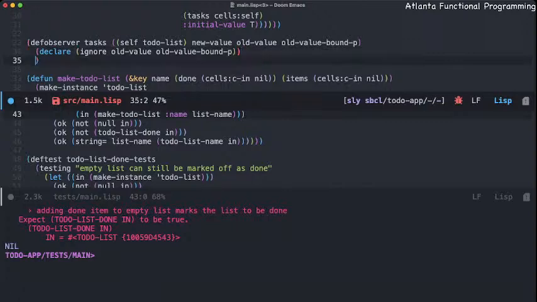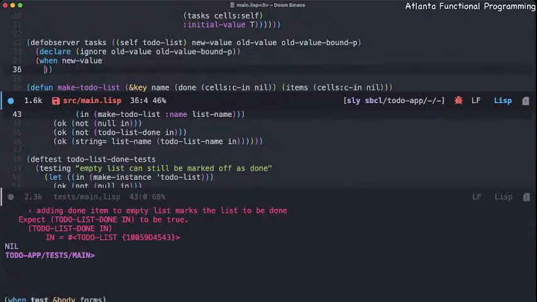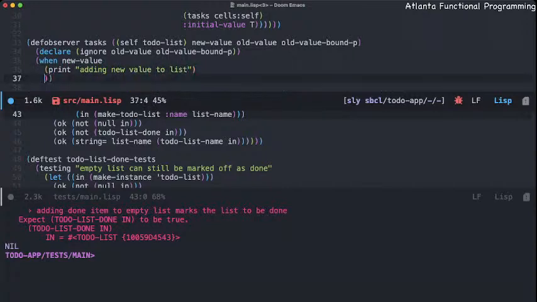So now what we're going to do is check to see, print, when new value, print, adding new value to the list from then to the